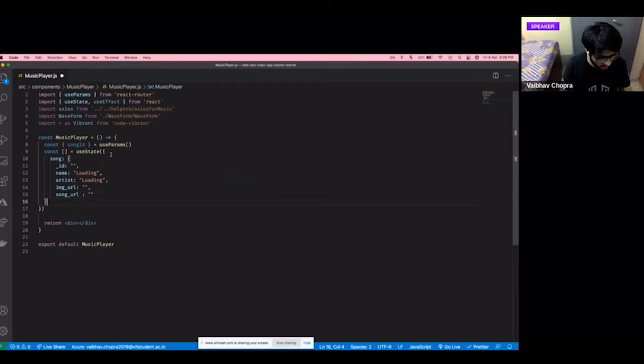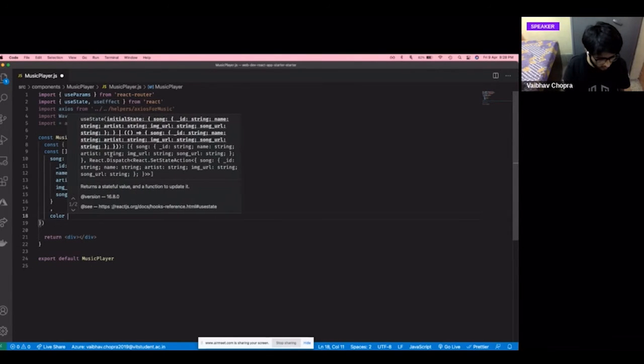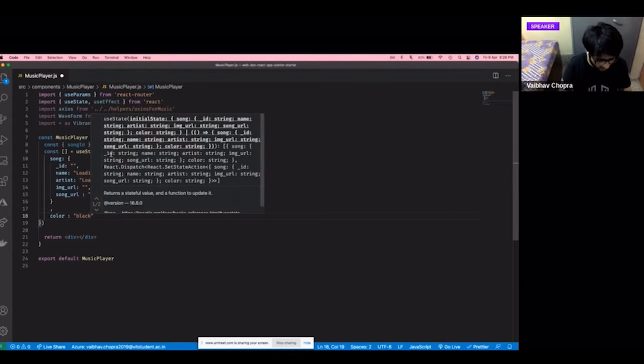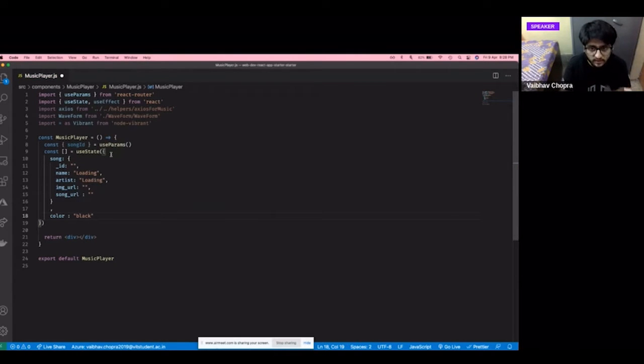And apart from that, we will also have a default for the color. By default, let's assume that the dominant color would be black. If you don't have anything, go for black. That is my code. If you don't like it, you can change it to something you like, red or pink or something like that. And we will get and store these variables in our two variables of song and color, and make it available throughout the rest of the hook by object destructuring, like I explained before.